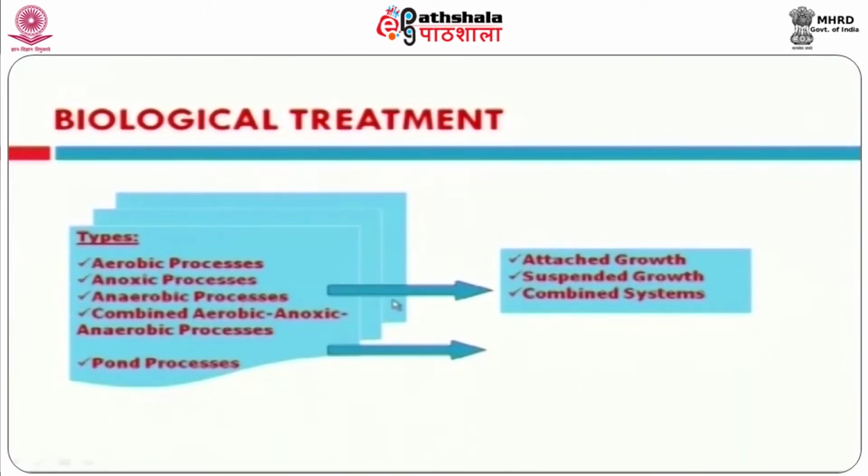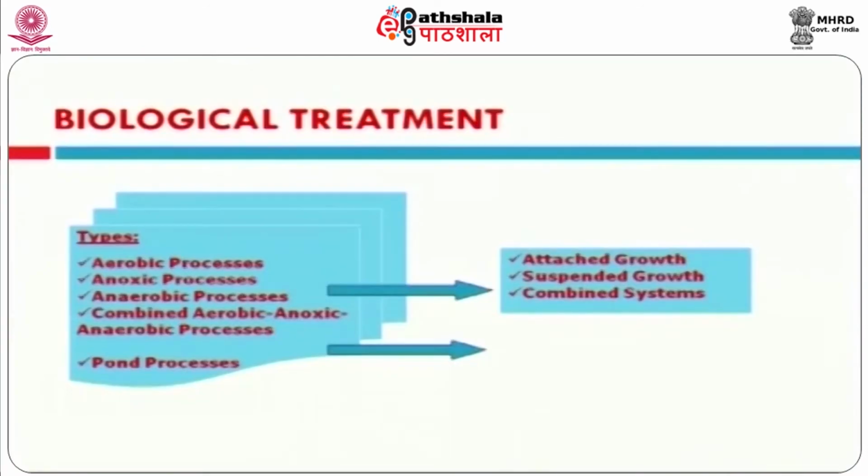These activities can be achieved with the help of reactors. As I already pointed out, in order to achieve unit operations as well as unit processes, we need reactors. Reactors are containers with some mechanical equipment. With the help of this container, we can achieve a lot of unit operations as well as unit processes. In order to implement this biological activity, we need reactors. These reactors can be categorized as attached growth system, suspended growth system, or a combination of these systems. These systems can be incorporated in a reactor.